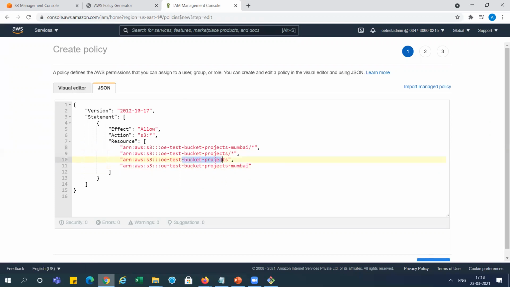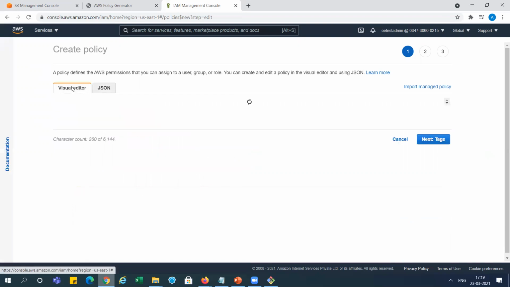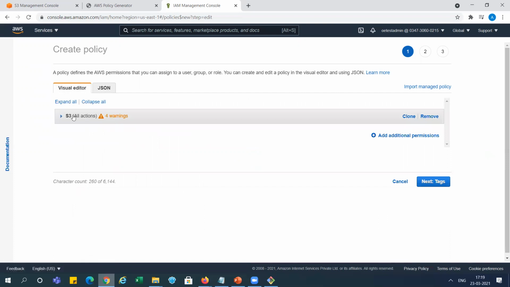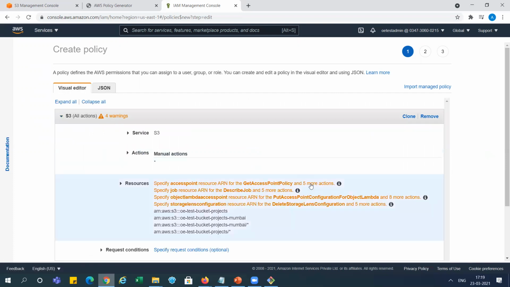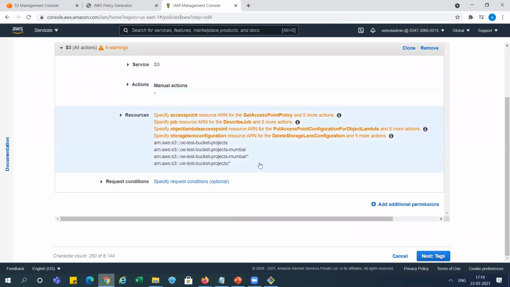And also I'm taking the bucket name, right? So this thing we have done. Now we need to go and check the visual editor whether we are getting any error or not. Let's check. It is showing some warning over there. Let's check the warning. You can see it is asking to specify access name and other things. So just go and check it out.